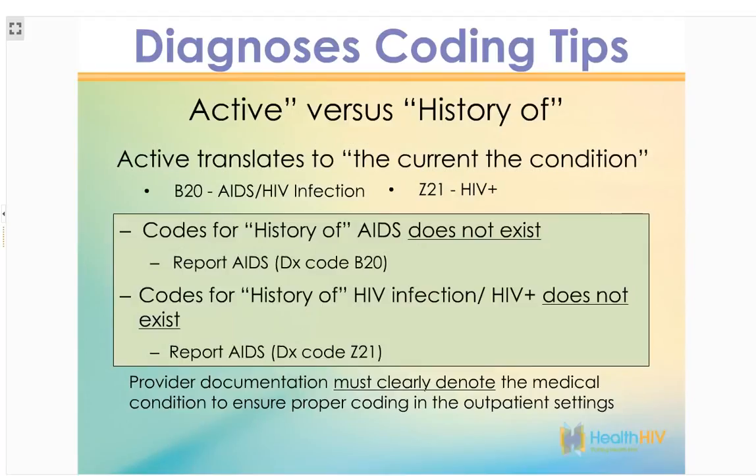We spoke about active versus history of. So again, in a nutshell, make sure that your doctors are documenting properly in the record. History of and active don't exist in terms of the codes. So you should get your doctors to properly document so that everyone is on the same page in terms of what to code and how to code. And also when you have auditors that come in, you want to make sure that your documentation is very clear so that they don't find any reasons to